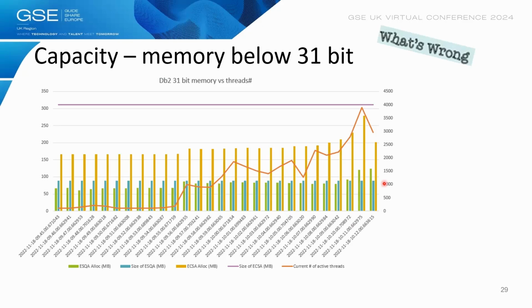There are hard limits, but we can see this user was having steady numbers of threads, this line, and then it started to grow, right? And here we have the numbers of threads. It started to grow here, everything was fine, and here is the number of available ECSA in total. It started to grow, then it grew to 2000, and we see significant use of the ECSA for Db2. And here again, it started to grow.